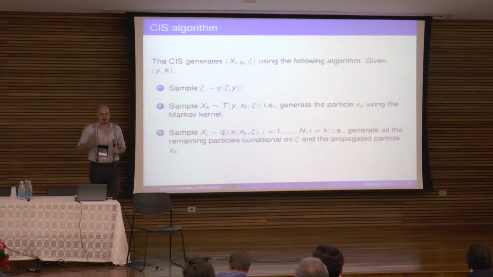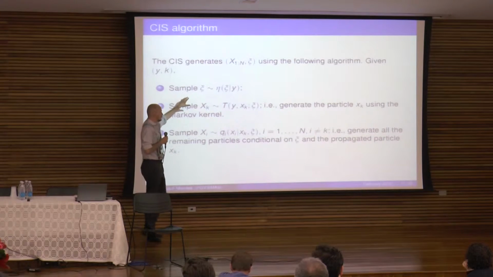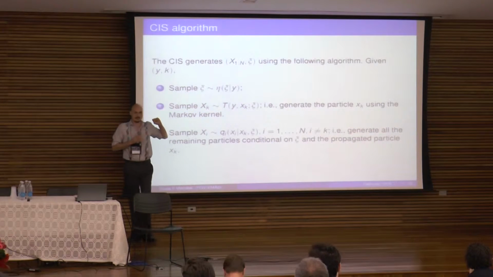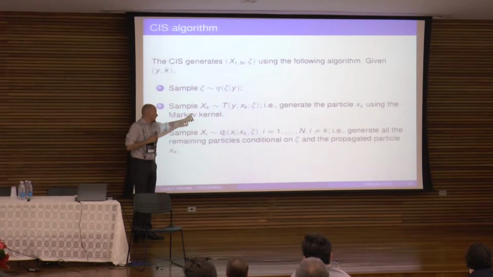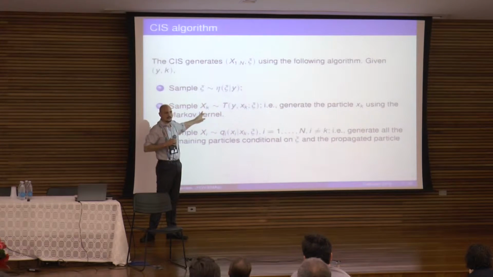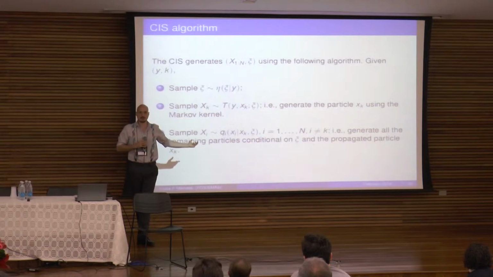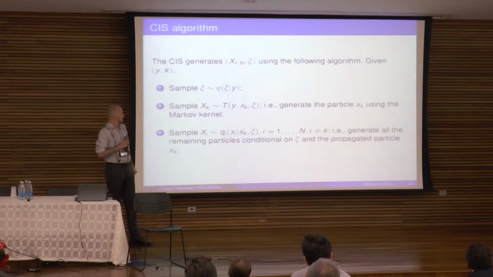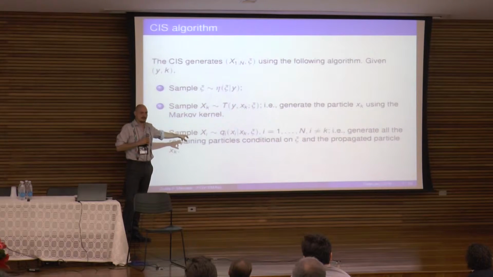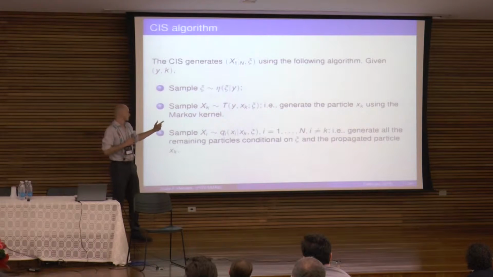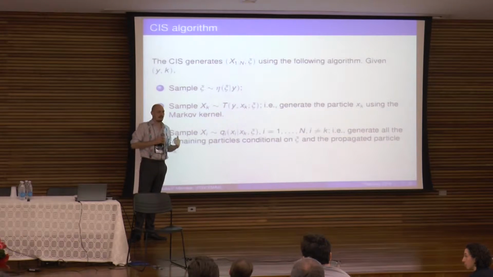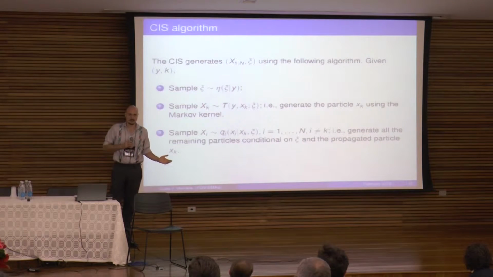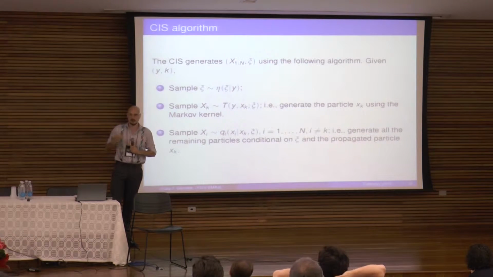Okay, so here's the algorithm, fairly simple. I first sample this auxiliary variable from some density that I have to be able to evaluate up to normalizing constant. Then I propagate y to xk, so xk is propagated directly from y, conditional on the xi, as you can see. And then I sample the remaining x's, the remaining particles, conditional on the xk. Here, I'm implying that the x's are conditionally independent. That may not always be the case. Okay, here's just a simplification of the algorithm, so I can explain how it works.